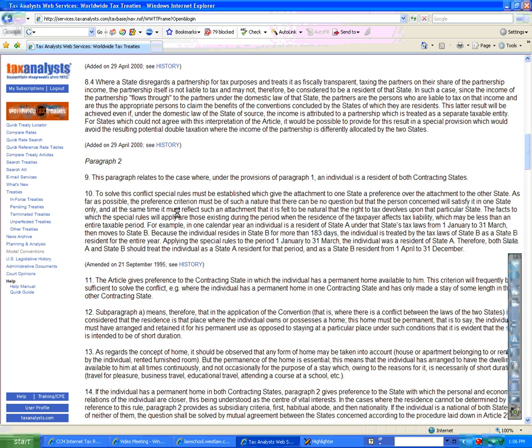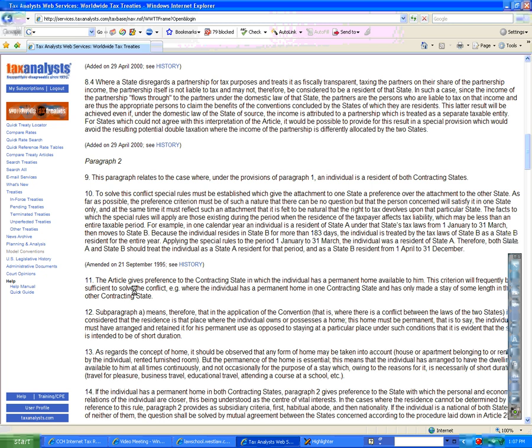The thing you're going to see in Article 4 is a description of what Article 4 is about. Every commentary starts the same. What is this article about? What are the case situations where it occurs? There it's on your screen, so preliminary remarks. Then I scroll down to paragraph 2. It explains to you why there's paragraph 2. That's in sections 9 and 10, which are now on your screen. You see a little note that says amended as of, see history. Okay. Looking at number 11, this article gives preference to the contracting state in which the individual has a permanent